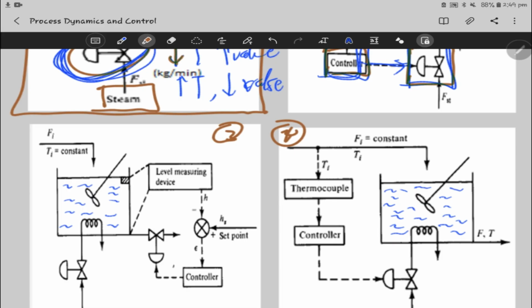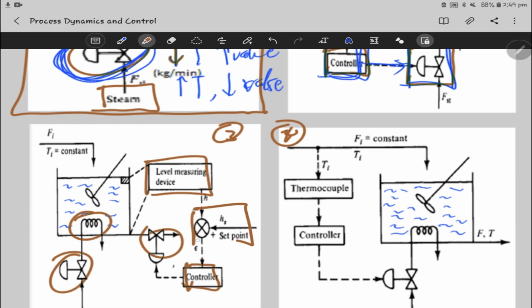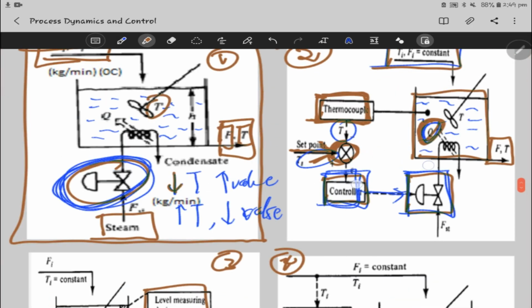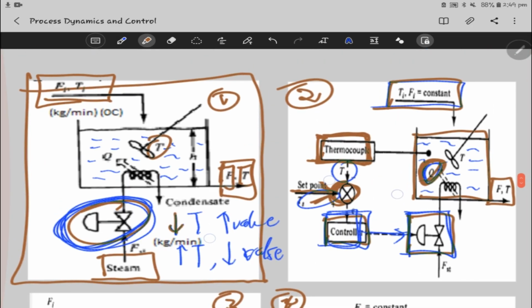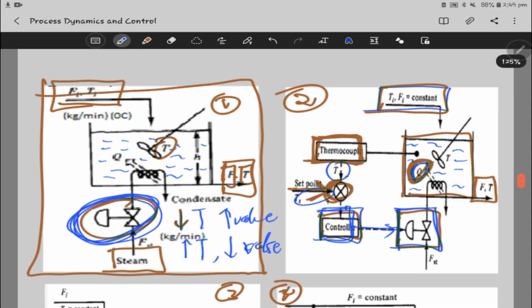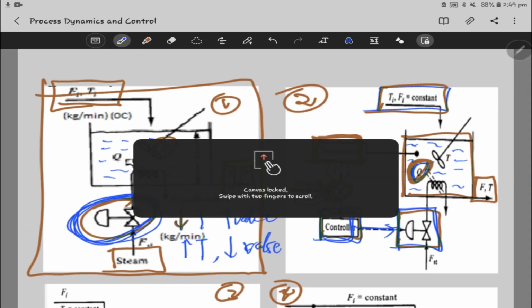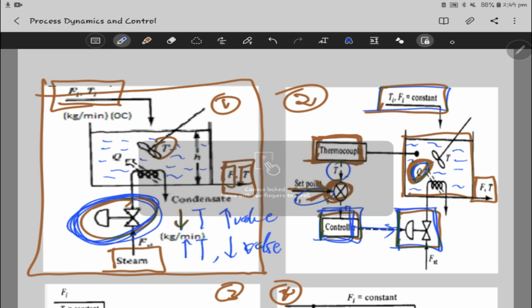So here we have a level measuring device, right? Still a controller here. This is a valve, there's a heating element, and this is where we put the input, with a controller here as well. But there are different ways of doing it, right? So this diagram 2, for instance, is what we call a